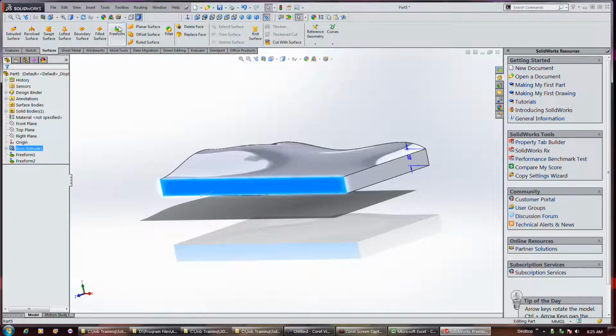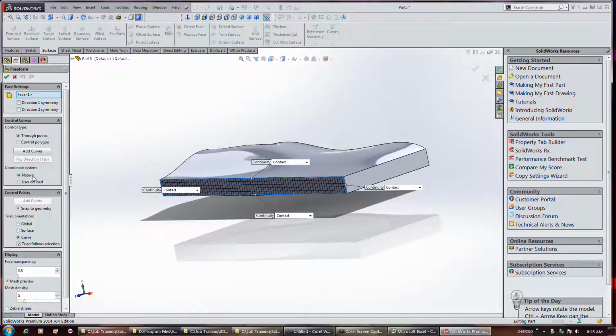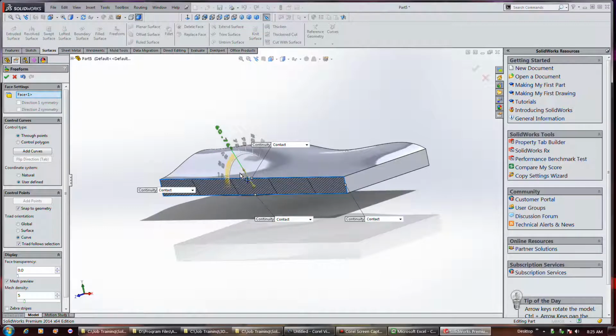And by the way, if you do a freeform on something, you can set a user defined direction for some of these things, so that can really affect how your curves are. If you go and add curves to it and so forth, that could affect how those turn out. So like I said, you can draw them along this area, etc. And you hit tab to flip direction, or push that button. So anyway,